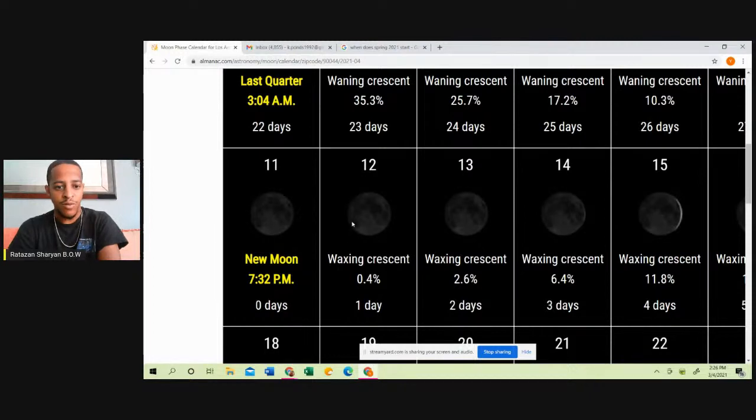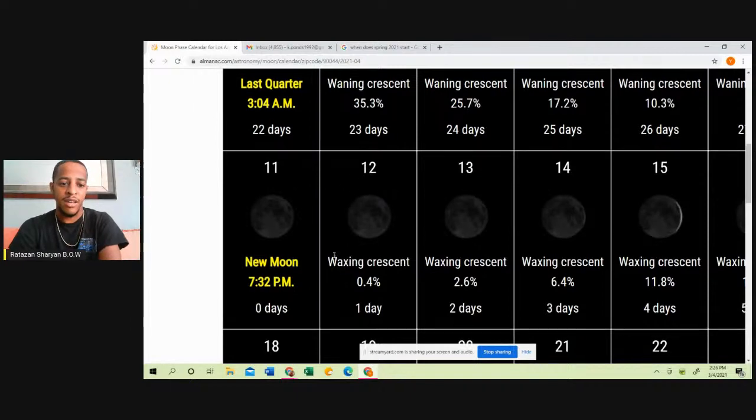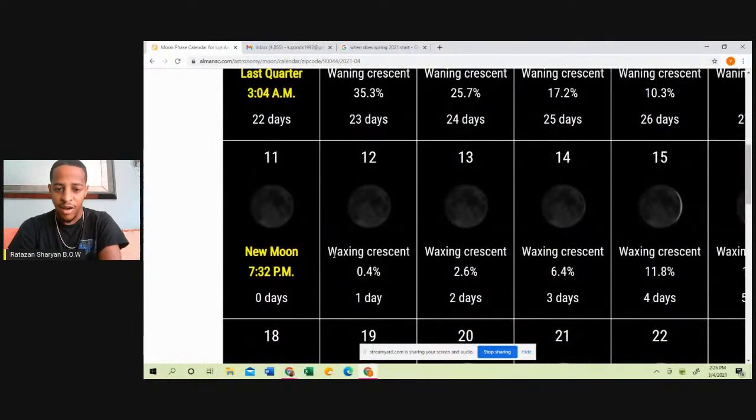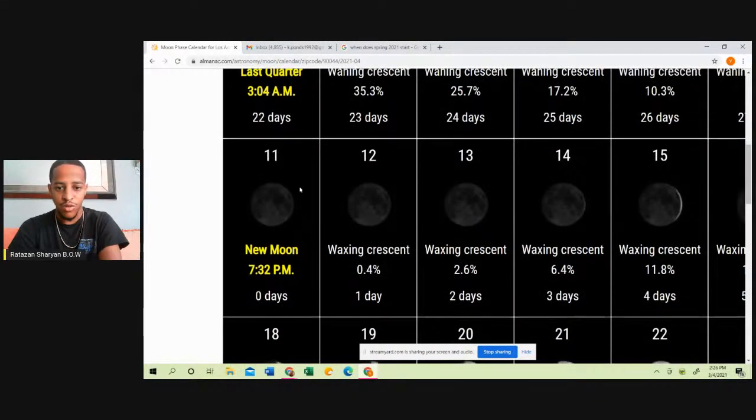So if you work on the 12th, or if you work on the 11th at sundown, you have to take those days off. You have to take the 11th at sundown off. You have to take the 12th day before sundown. If you work in a day, you have to take that off because, like I said, our days start in the evening. So the feast will start at night on the 11th, and it will end on the 12th at night. And this will be our official new year.